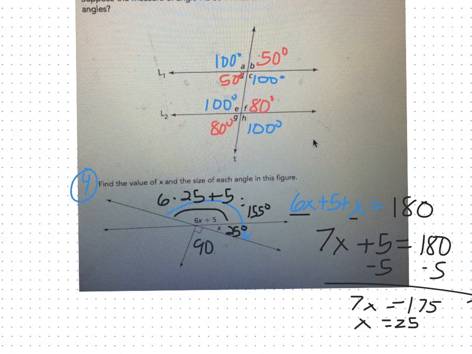This angle down here is obviously 90, and then if I know that 155 and 25 make 180, I add 90 to that, which gives me 270. Then I need to figure out what these remaining angles are. So this angle that's acute, I know also has to be 25 because it also makes a supplementary angle right here. And then if that's 25 and this one's 90, this would have to be